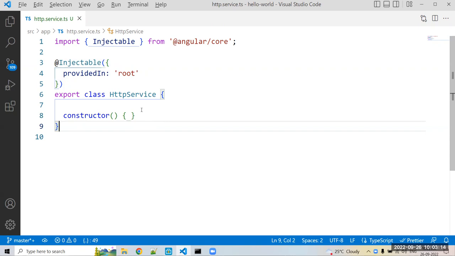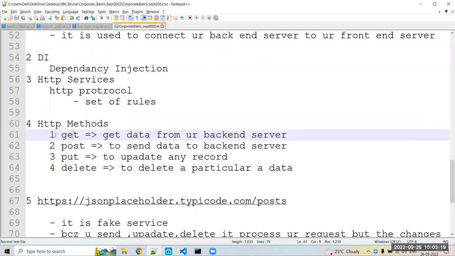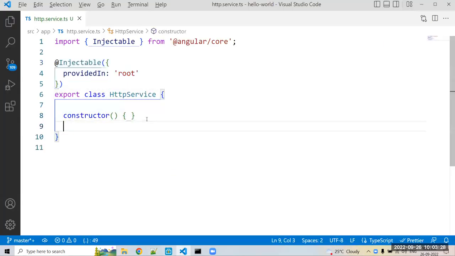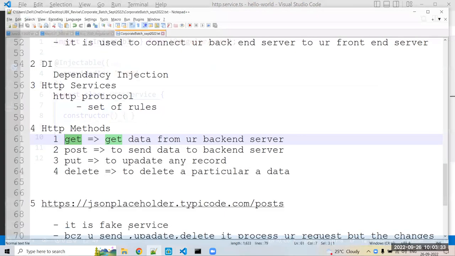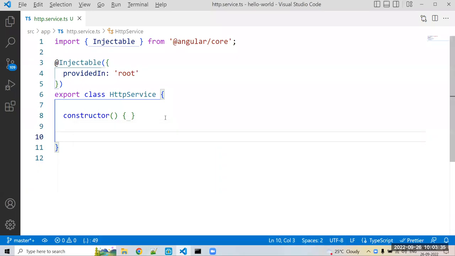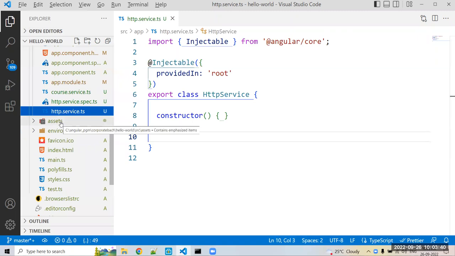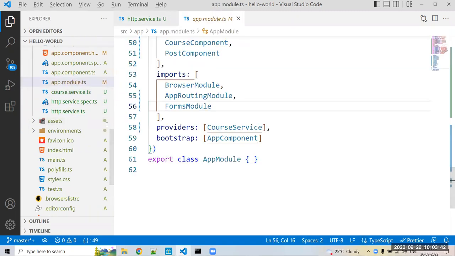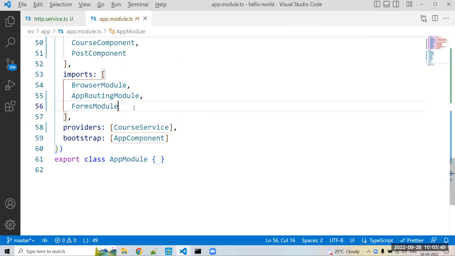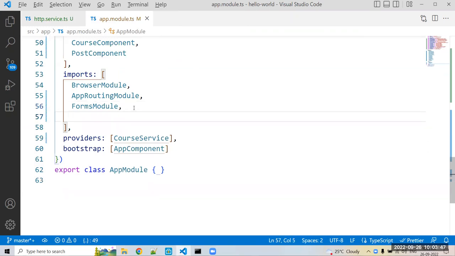I want to use a get method. Here we list the HTTP methods: get, post, put, delete. In that, we use the get method. For using these HTTP methods, we have to import one module in our Angular application. First we have to import that module in our app.module.ts, in the imports section. That is a predefined module,